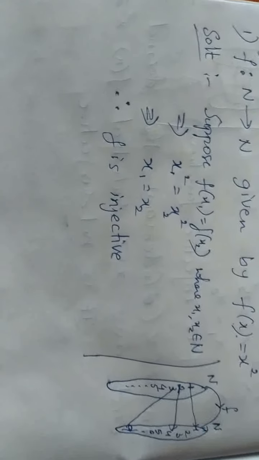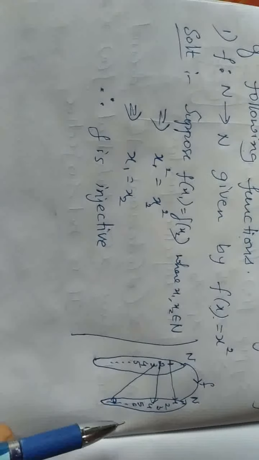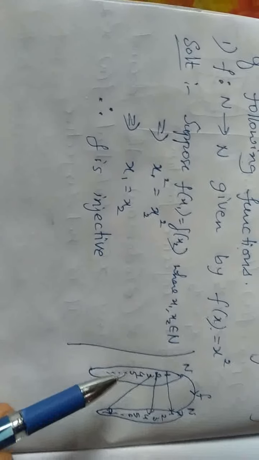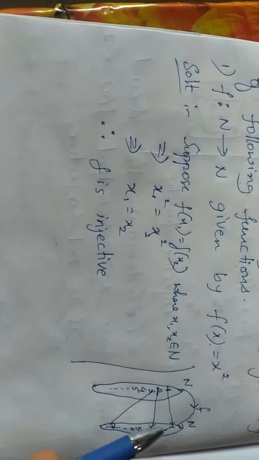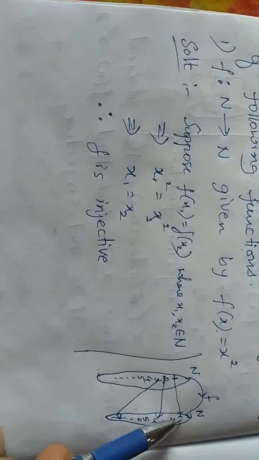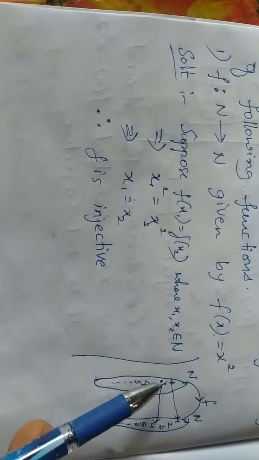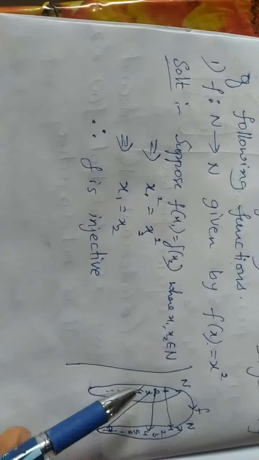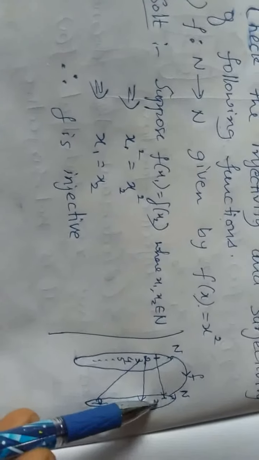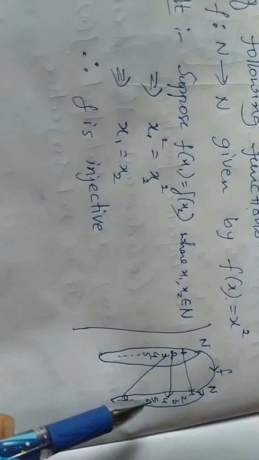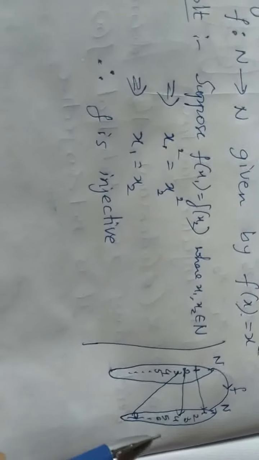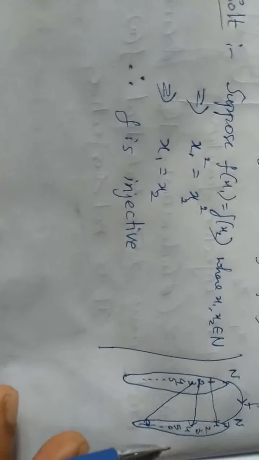Next, onto. You know from the definition of onto function, onto function means every element of the codomain has a preimage. According to the definition, onto function means each element of the codomain is the image of some element of the domain. Each element of the codomain is the image of some element of the domain. Here it is clear that 2 is not the image, 3 is also not the image of any element, 5, 6, and you will get infinitely many elements that are not the images of any element. Therefore, it is not surjective or onto.